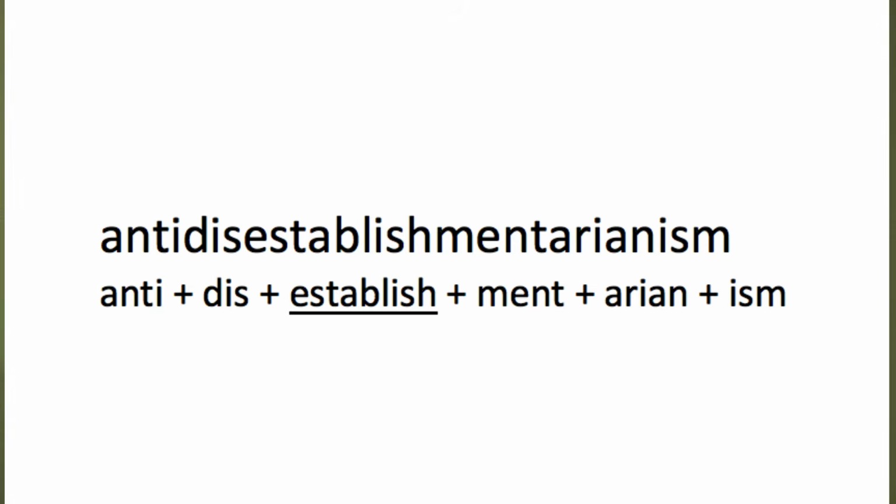Let's take the last word, anti-disestablishmentarianism. Now, this is a very long and perhaps intimidating word. It's about as exotic as English gets in terms of the number of morphemes that it can pile into one word. But it has 6 morphemes. First of all, there is the stem establish, and there are a couple of prefixes before it, anti and dis. Now after establish, we have ment, arian, and ism, and each of those suffixes is meaningful. If you combine all of them together, we have 6 morphemes.